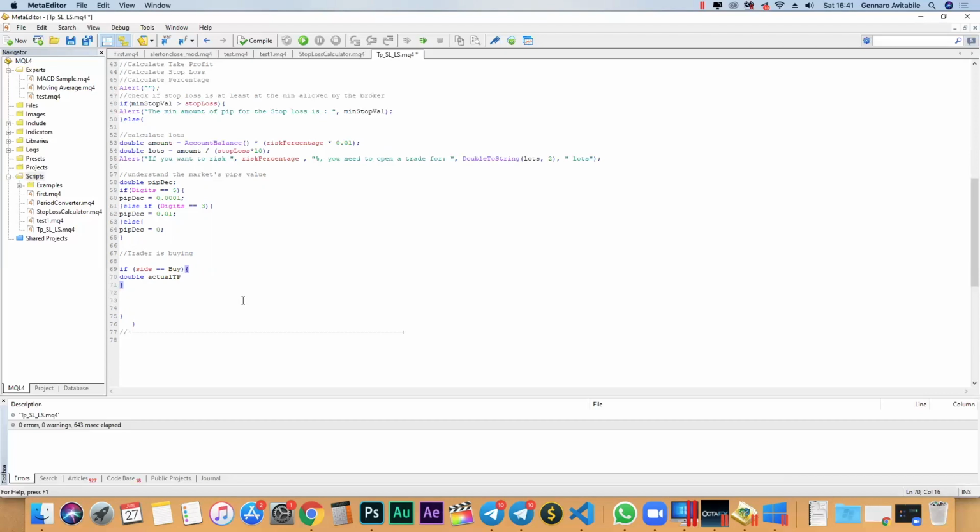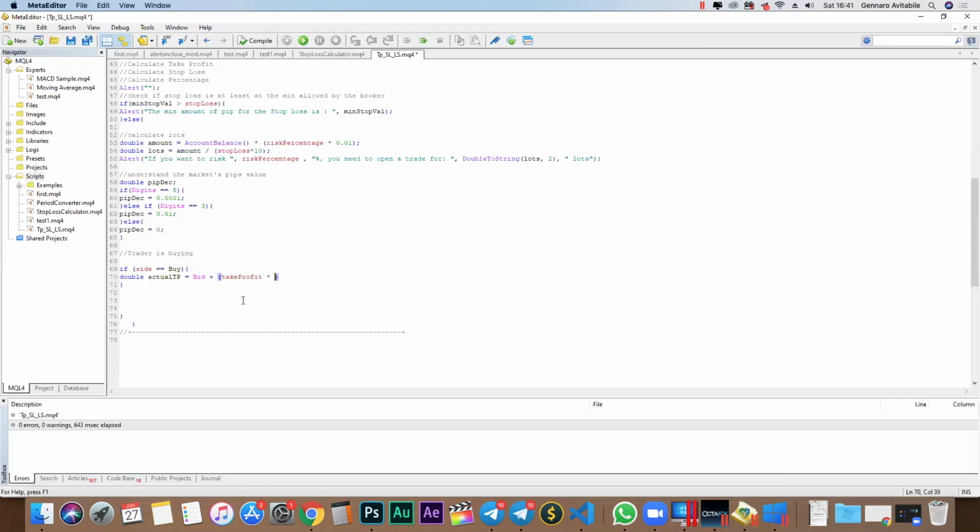But let's call it for now actual take profit, and it's going to be equal to Bid. Bid is the actual bid price, and this is another predefined variable. You don't have to find it yourself. You just write Bid, and you get the number. And we're going to add the take profit, which is going to be the take profit number,